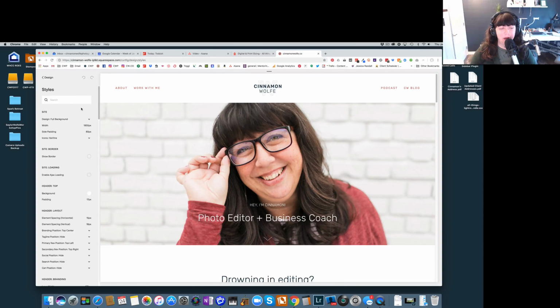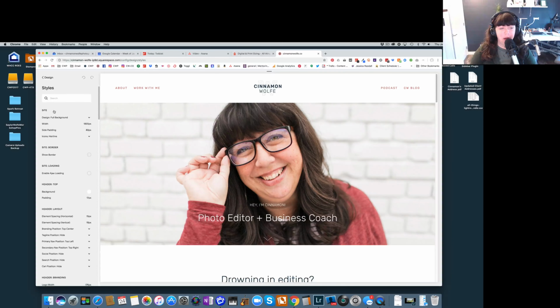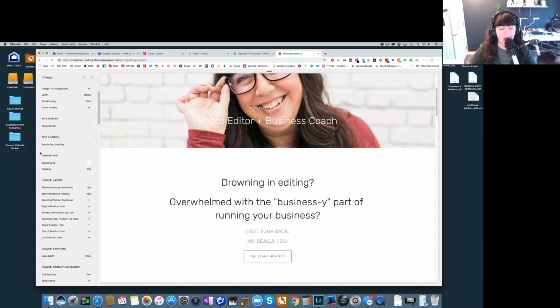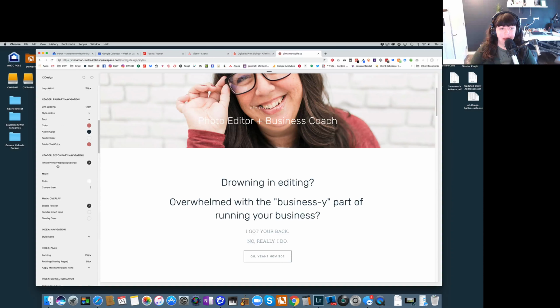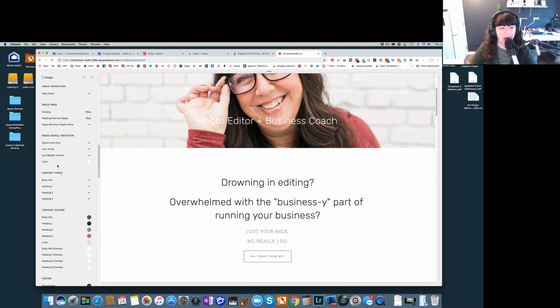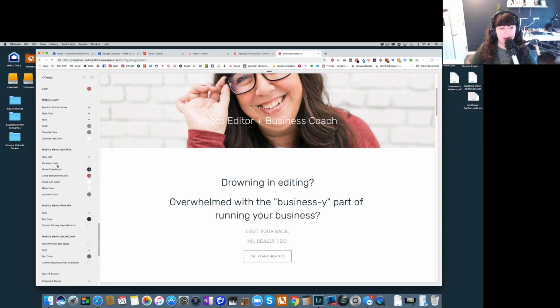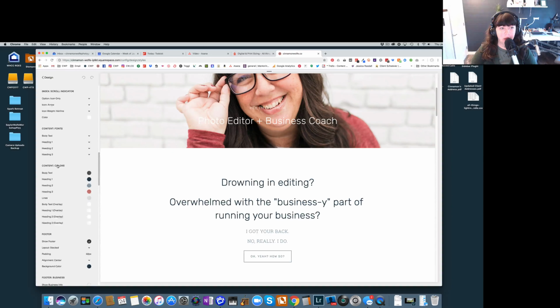So when you log in the first time, it will pull up the options that are available based on whatever page you're currently selected on your Squarespace website. So you will see there's some options for site, border, loading. Now these options will be different based on the template that you're in, regarding whatever options are with that template specifically. So it can get quite lengthy, and sometimes it's a little difficult to know exactly what these things are